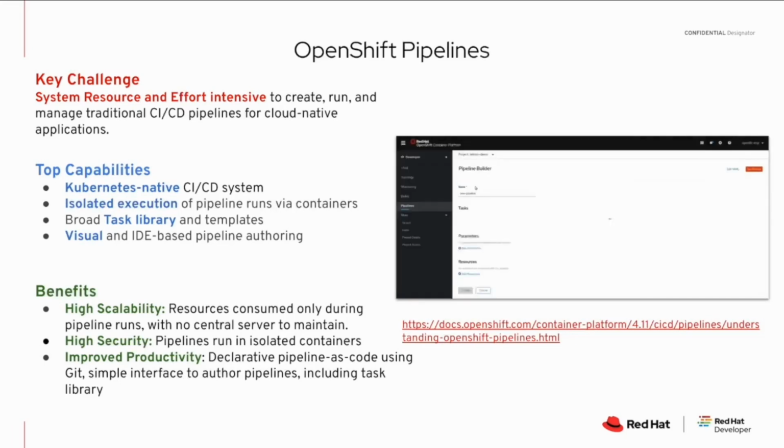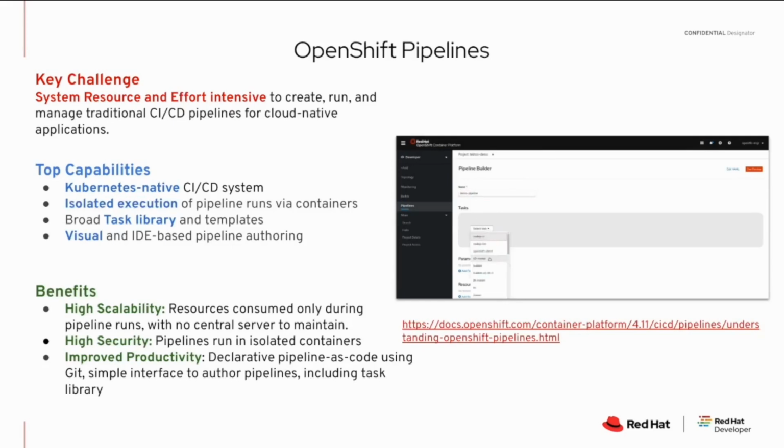So this way, one of the top benefits of Kubernetes, you could have two different applications running and not taint each other. Imagine the same exact thing for your pipelines. You could do that with OpenShift Pipelines. They're isolated. The pipeline runs for one application versus the other do not taint each other, and they can run in their own isolated environment, so that things like secrets and all that don't have to be shared across two different kinds of pipelines.